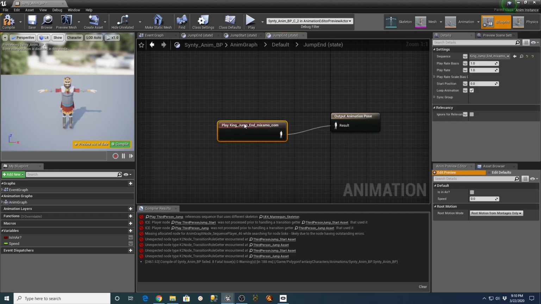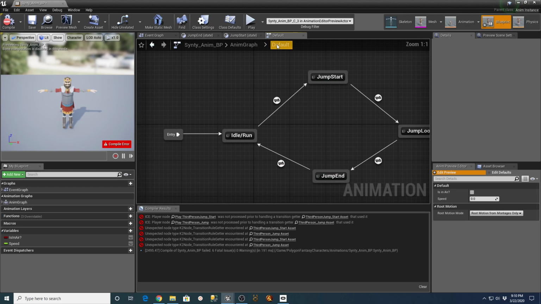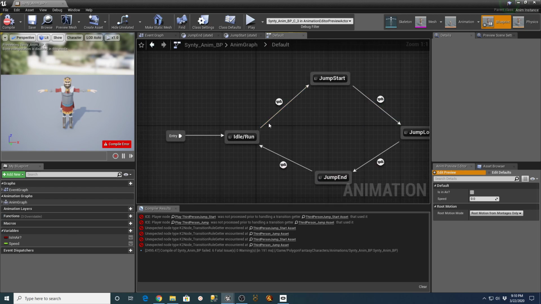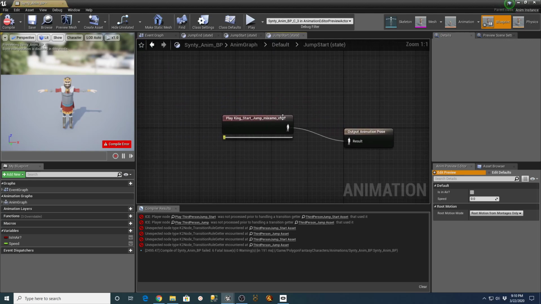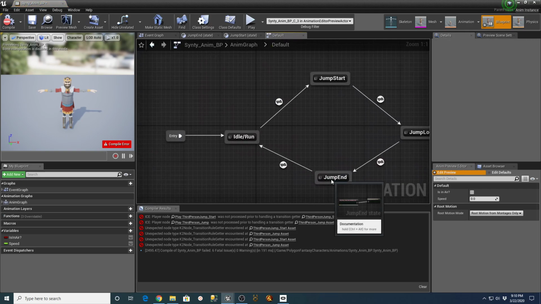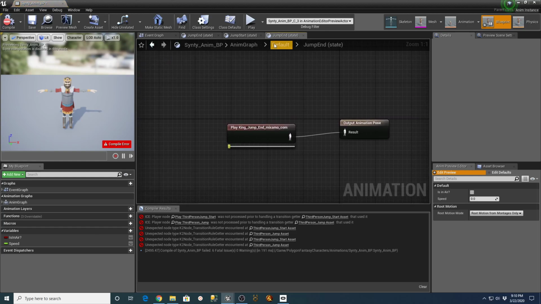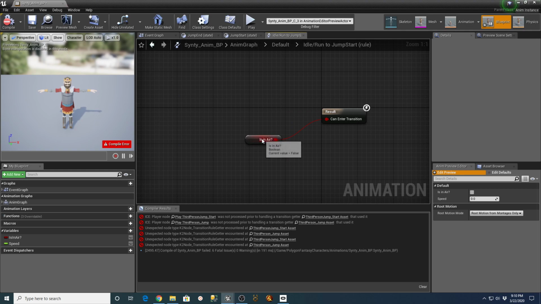Take this off. Now we're still going to have some issues in here because we have the transitions that we didn't fix yet. So we have our proper Synty blend space there. Let's go back through these real quick. Our jump start is our king jump start. Our jump loop is our king jump loop, and our jump end is our king jump end. But the transitions are going to reference some things here, so that's okay on that variable.